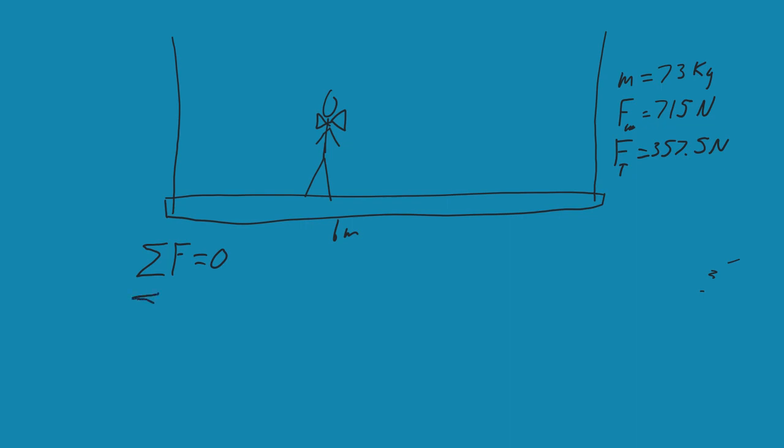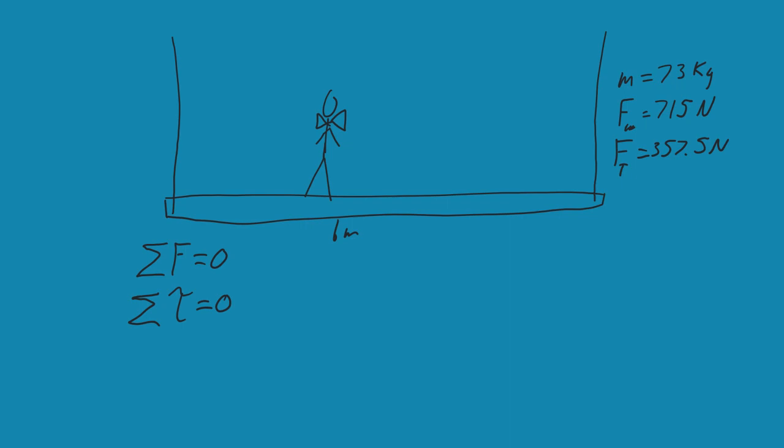But what about torque if the addition of all the torques is equal to 0? So one of the things that we can do is the origin of our system doesn't have to be one place or the other. It's arbitrary, just like normal. So if I want to find the maximum amount of torque,